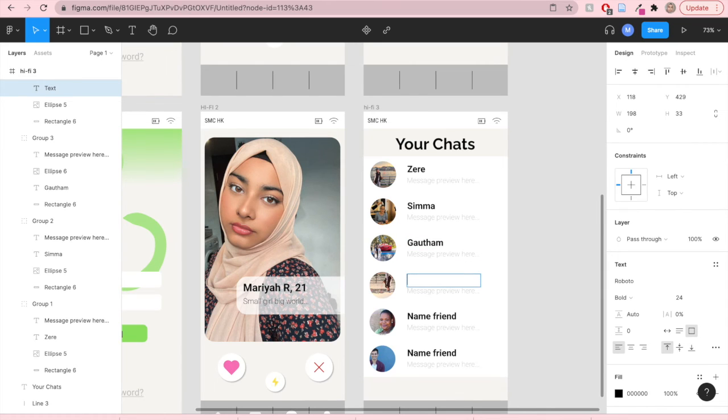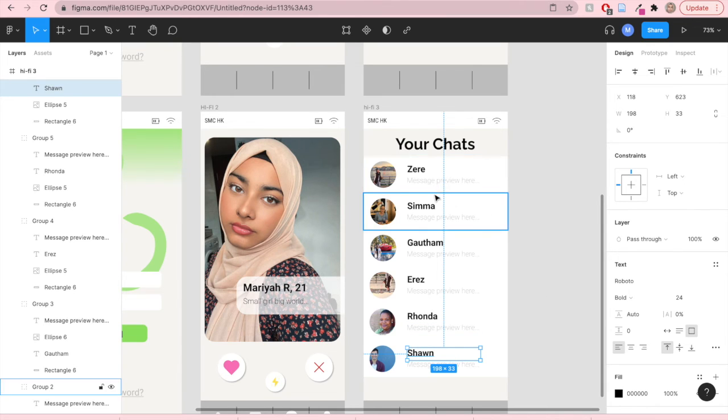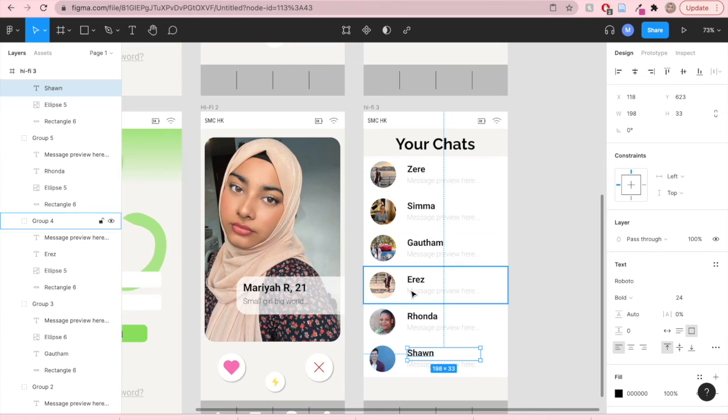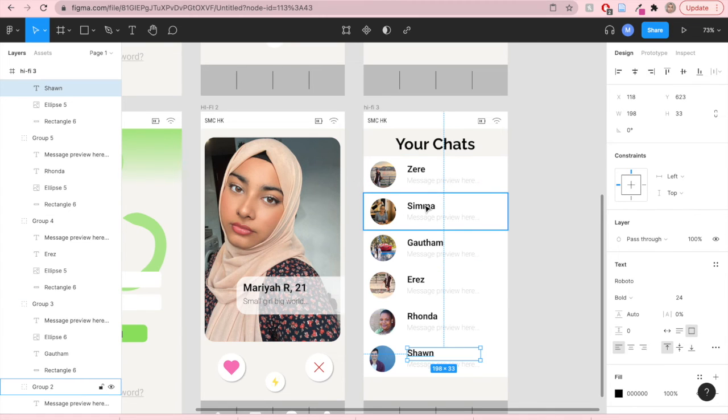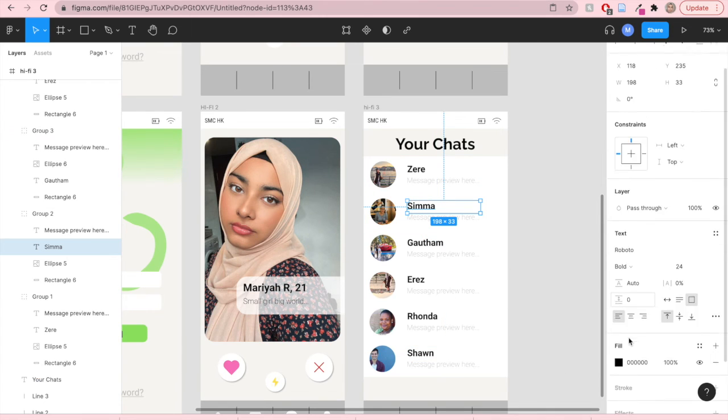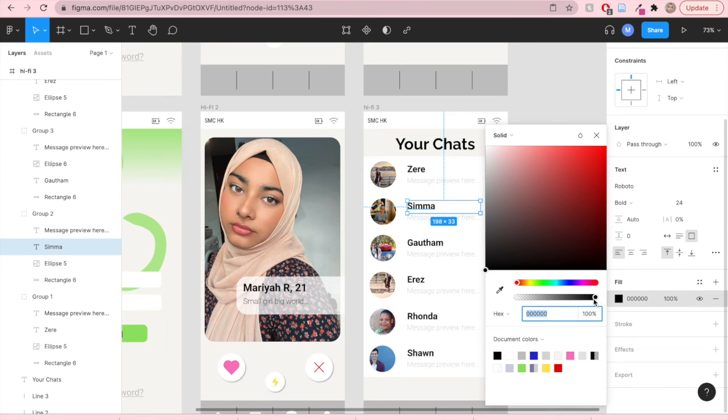It's an upside down Zara, so let's name her Erez. Let's name her Rhonda and him Sean. Okay, cool. And I think what we're going to do is we're going to show that Zara has just messaged you, and her chat should be highlighted instead of the others. So the way I'm going to do it is I'm going to change the text, the title text, and make it a little less. Let's make it